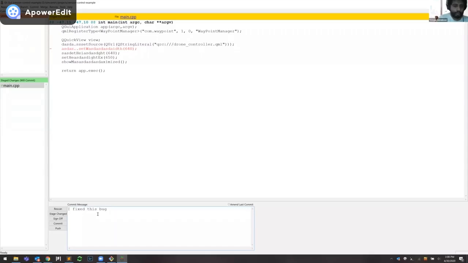And I'm going to sign off, which is optional. And then when I press commit, Git will create a commit using the files in the staged area. So let me press the commit button.